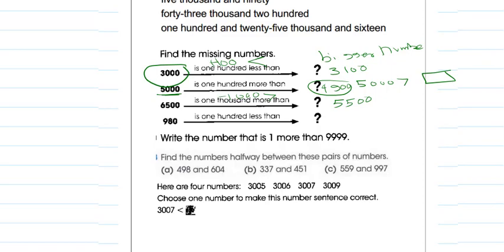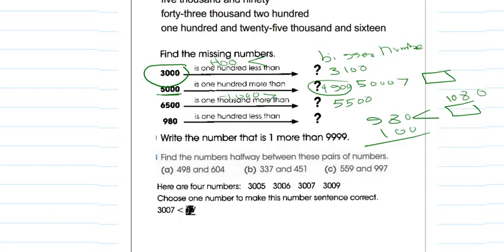980 is 100 less than. 980 is less than another number by 100. So this number is bigger. Let's add 100. If you add 100, it gives you 1,080. Write the number which is 1 more than